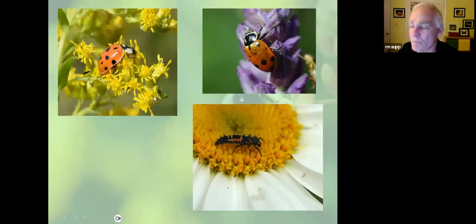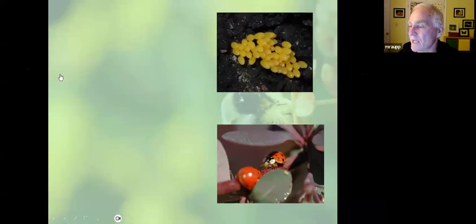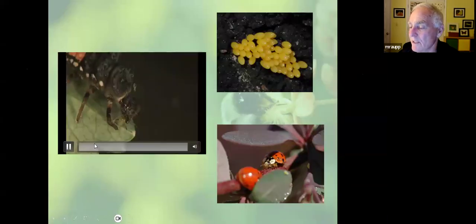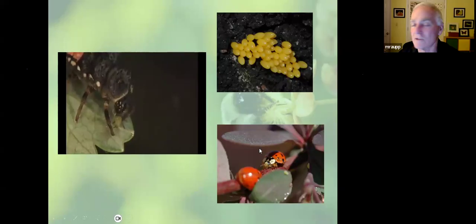Ladybird beetles, they're important predators too, but what do the adult stage of ladybird beetles do? Well, they're pollinators. Okay, some eat pests, but sure, they'll eat pollen as well. Now, the immature stages, she'll lay 600 eggs a year. These eggs hatch into this monster that'll eat 1,000 aphids during the course of its development. So ladybird beetles, again, important predators, but the adult stages also eat nectar and pollen.